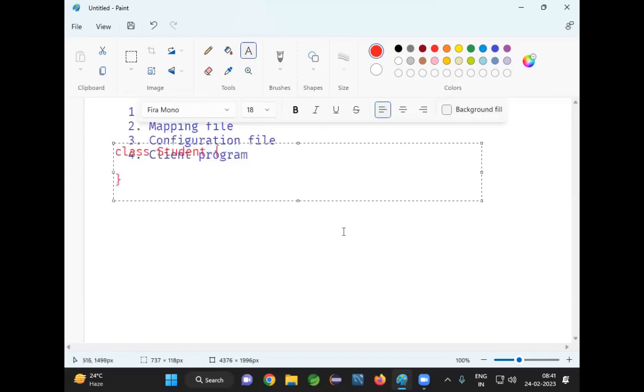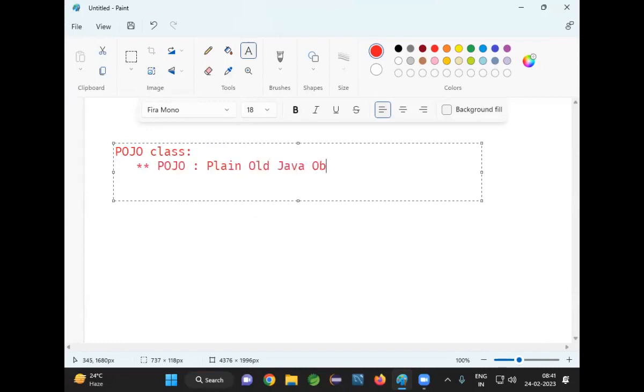Right. First, note down the definition. I'll read the definition here, guys. Understand it. I would like to say what is a POJO class first. POJO class. POJO stands for what, guys? Plain Old Java Object. A Java class